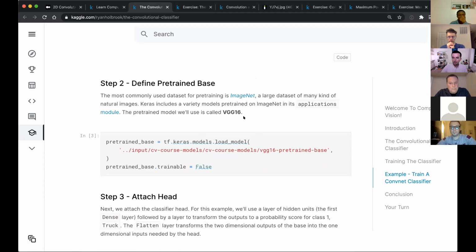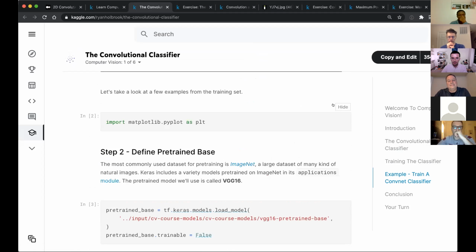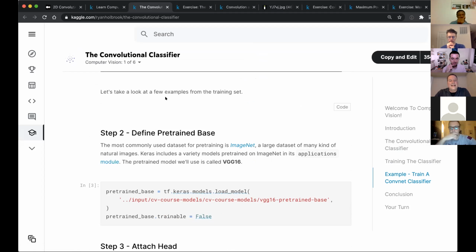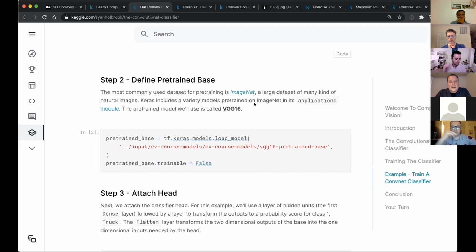David, before you go, do you mind expanding that code block? There's a few examples of images we can look at. I think it's always helpful. Yep. Yeah, it doesn't have any. Okay. Yeah, it doesn't show them here. It shows them in the exercise. So we'll look. Okay. Yeah, it says they show them here, but they don't. So there's a couple of strange things in this exercise, but